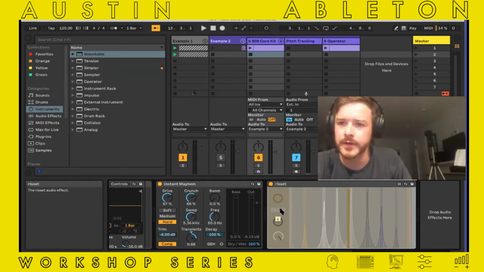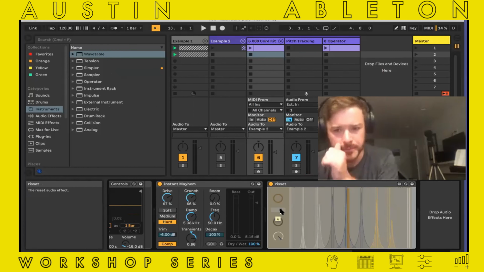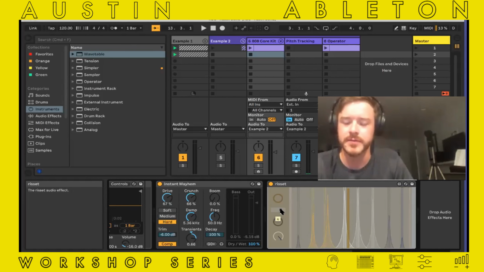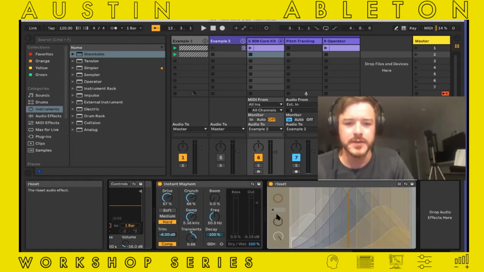He made an earlier version of this. I redid the GUI for it and added in a distortion stage. We released this just as a free device, which was a lot of fun. So basically what you're looking at, again, is another device built in Max. And this thing's pretty cool because you can,